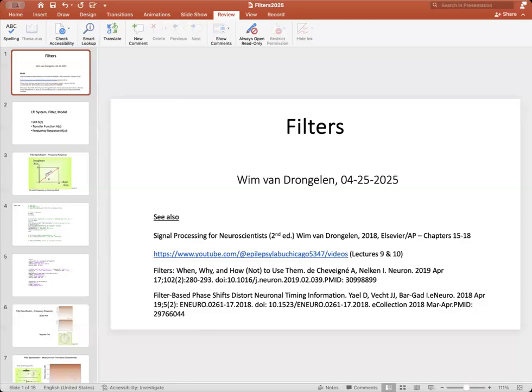So I'm going to start with sharing my slides, and these are the slides that you also have on Canvas. So if you want to download them from Canvas, then except for slide 2, every other slide you do have. So we're going to continue talking about the filters, more or less a continuation of the last